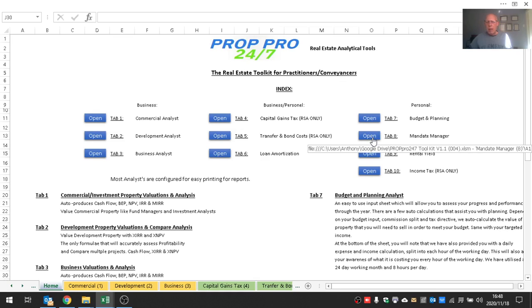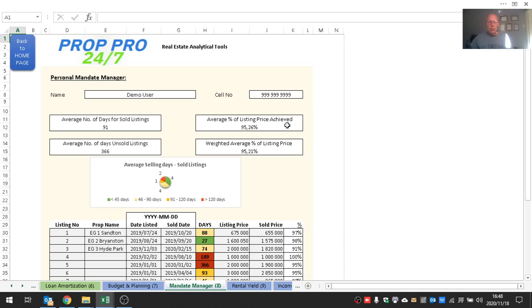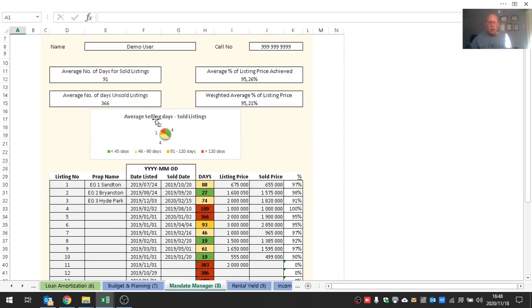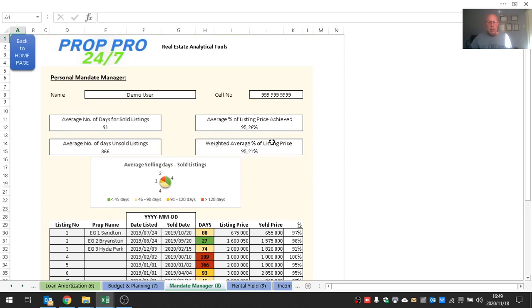Then we've had a look at the mandate manager, which you need to have. As discussed again in Module 2, it will calculate the number of days on the market till sold, the unsold, the average percentage of listing prices achieved, etc. It gives you demographics of how quickly you are selling properties. You can categorize this again, separating apartments from houses, and see where you are operating more efficiently, etc. The need for an automated mandate management system cannot be